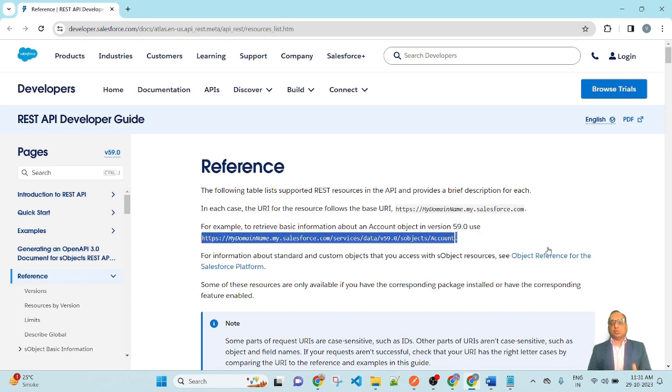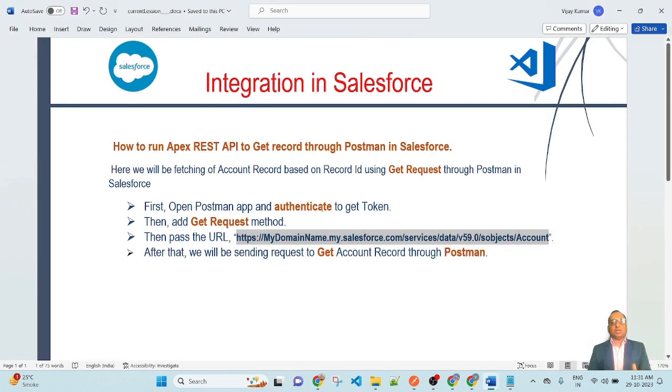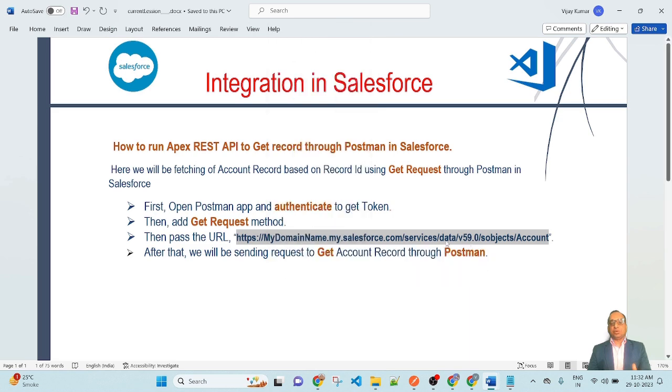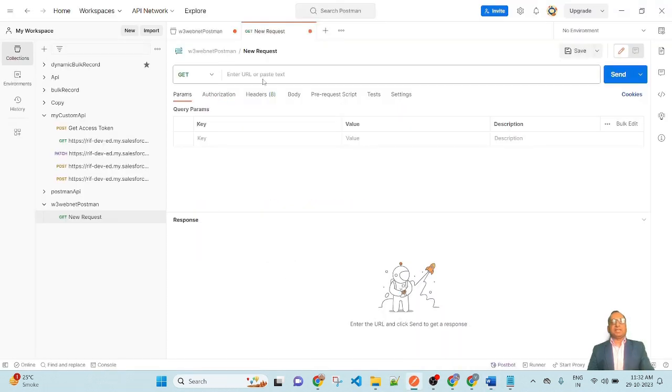This URL I have also given as a reference in my doc here. So first copy the URL and go to Postman and paste it here.